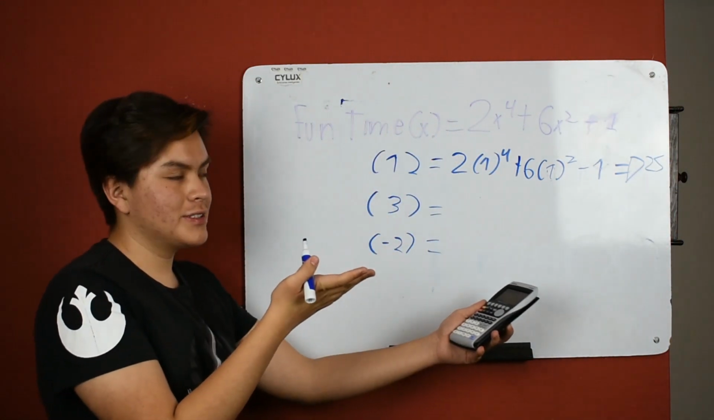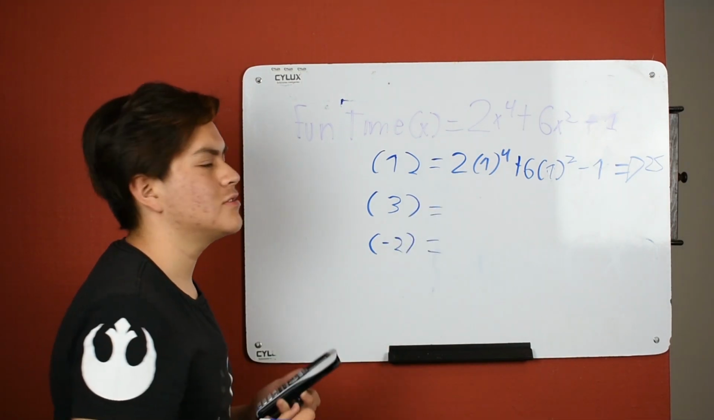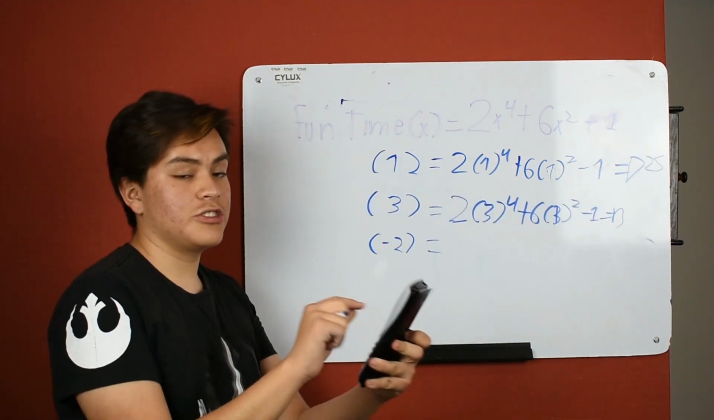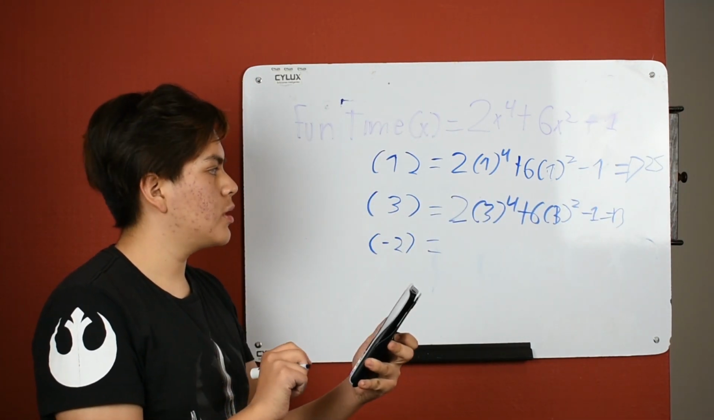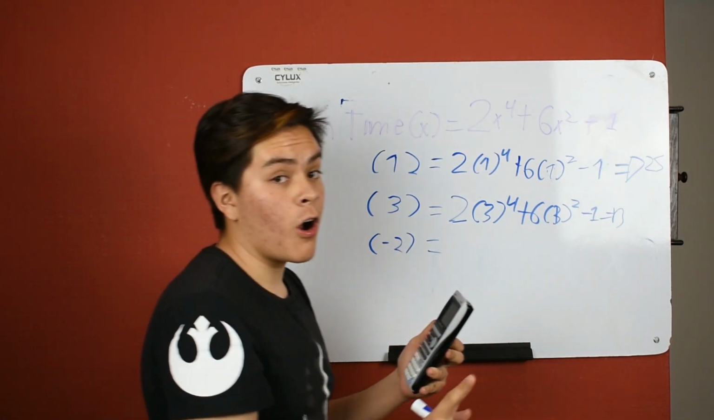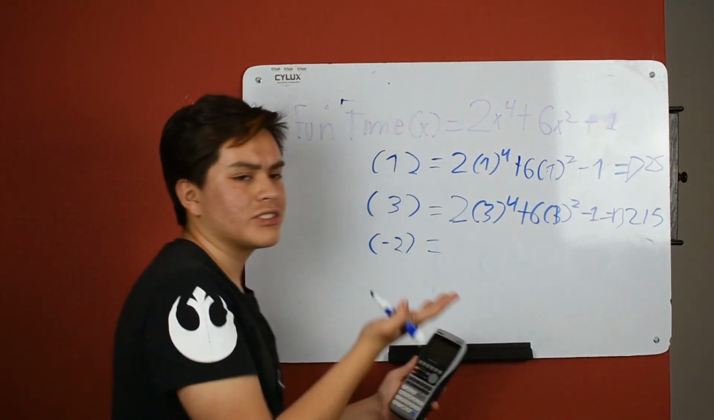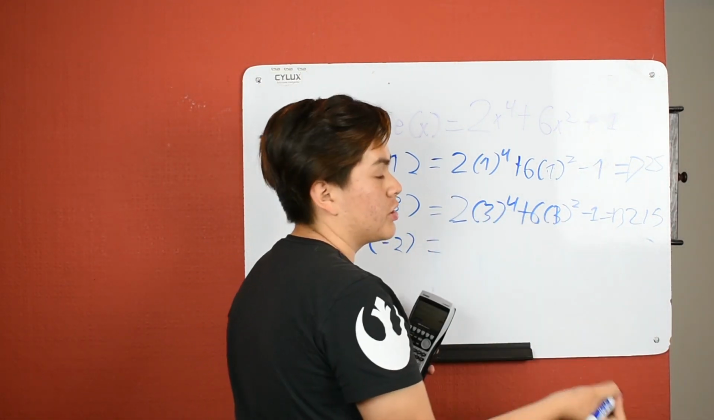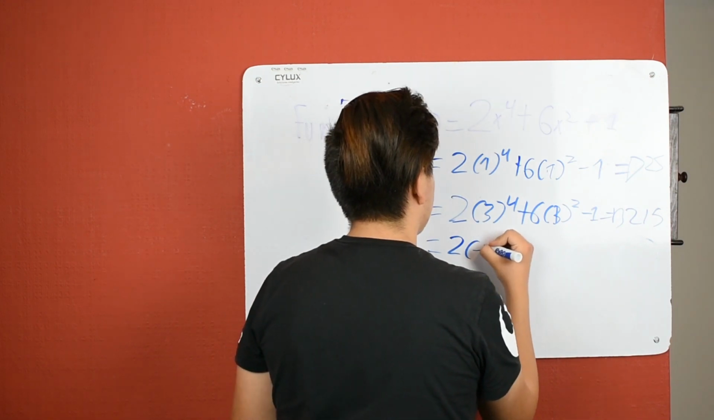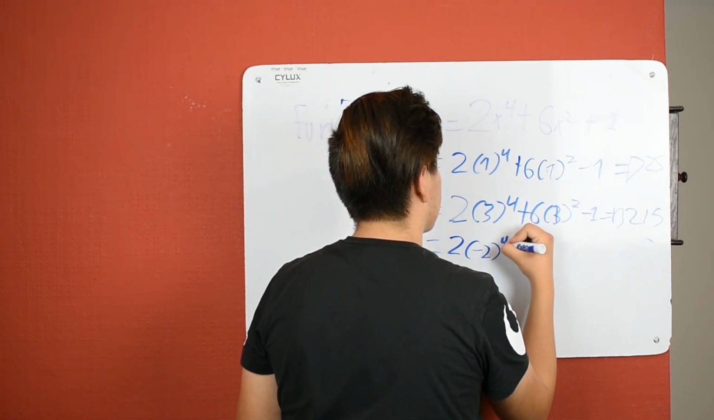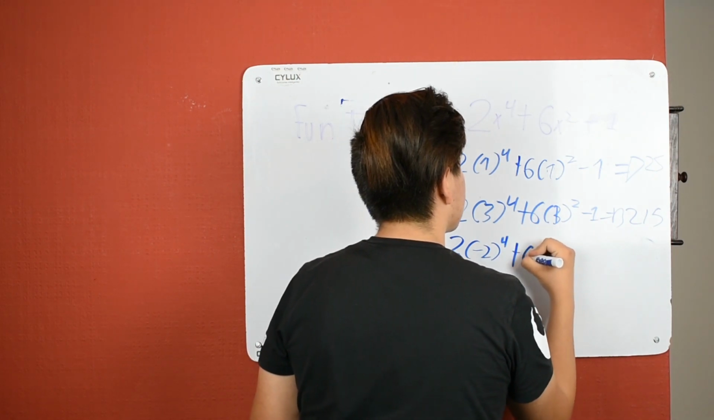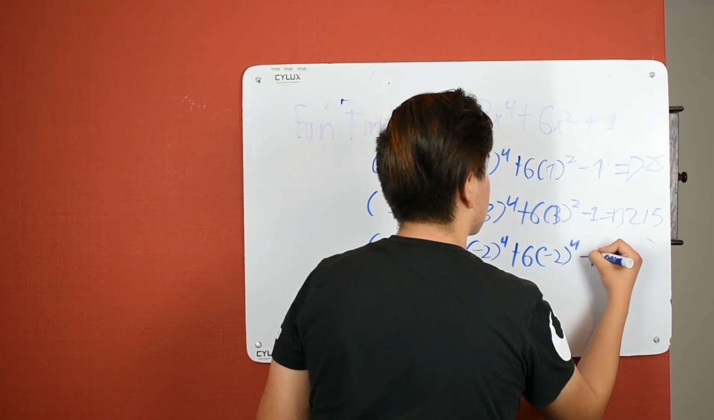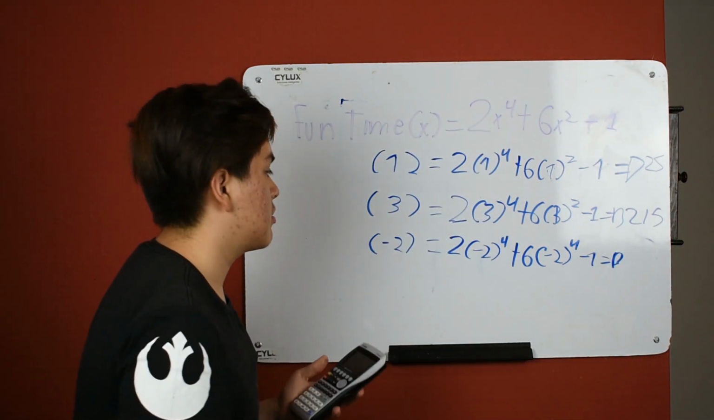Okay, we have the first solution of this function with 1. Let's try with 3. Just doing the calculator, minus 1 is equal to 215. Let's try with the third one, minus 2. So we do the same. 2 times minus 2 to the power of 4 plus 6 times minus 2 squared minus 1. So